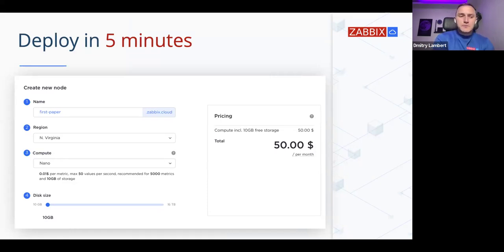which means that Zabbix Cloud is a perfect solution for MSPs. And if you want to provide monitoring as a service to your customers, or perhaps you are already providing monitoring as a service to your customers, but you are the one who's responsible for patching, security fixes, upgrades, and all of that stuff, transitioning to the cloud could save you a lot of time and a lot of resources,